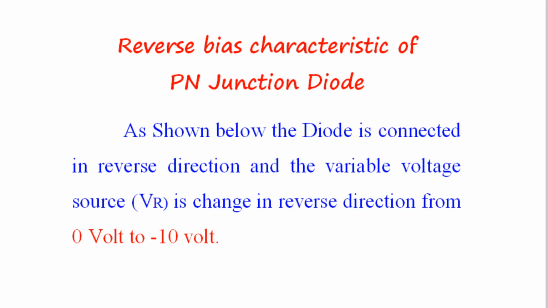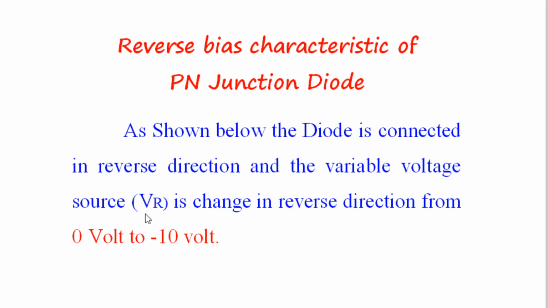Reverse bias characteristics of PN junction diode. We all know that in reverse bias condition, the PN junction diode does not conduct. But let us start to understand the concepts. As shown below, the diode is connected in reverse direction, and the variable voltage source, that is VR,